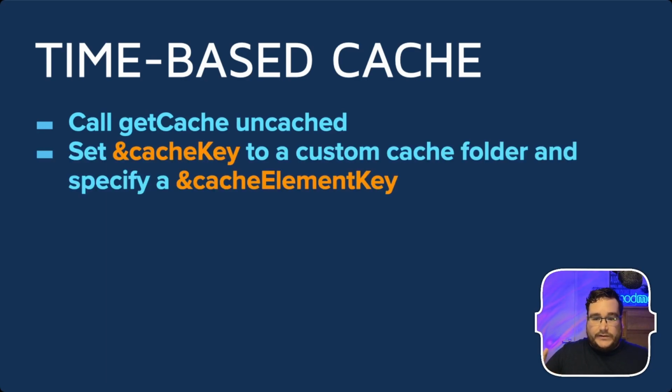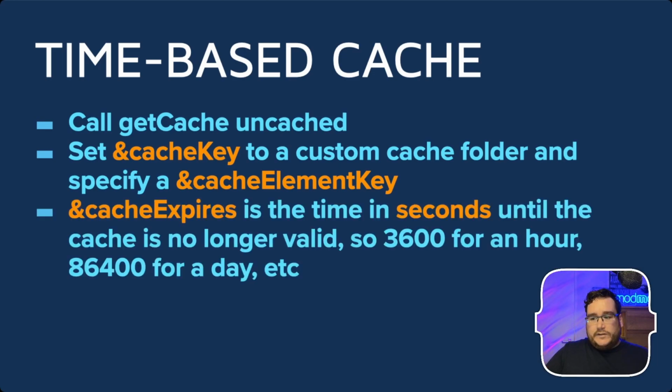Secondly, we want to make sure we set cache key to a custom cache folder. So we take it out of the resource cache and put it somewhere else. And we also want to specify a cache element key. We kind of always want to do that. And the next property is the cache expires property, which is the time in seconds. So you need to do the math on that, for which the cache is considered valid. If you specify 3600, that means that after an hour, the cache is considered expired, and getCache will once again